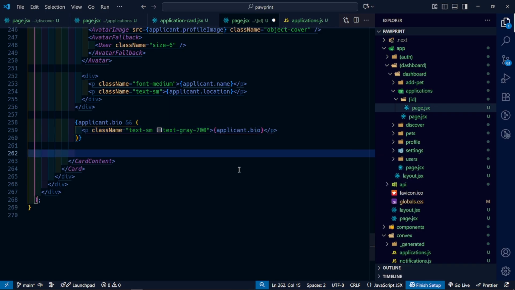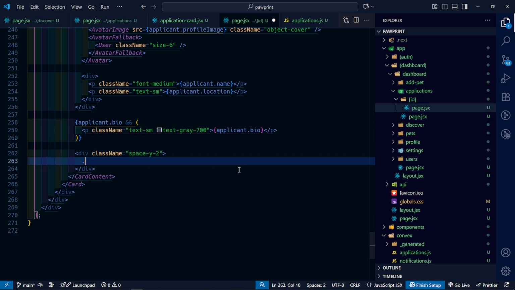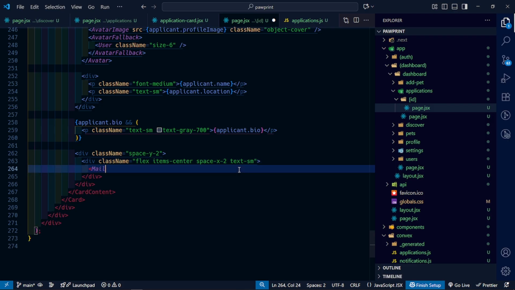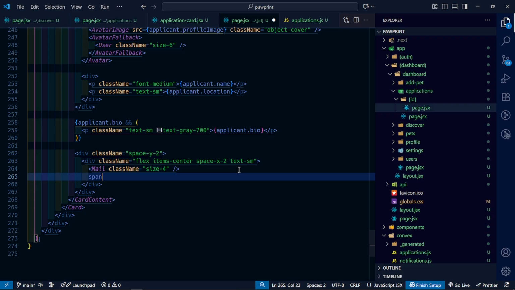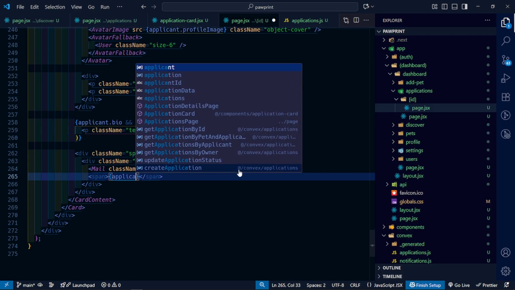And then below this, we're going to return a div with the class name of space-y-2, and then another div with the class name of flex, items-center, and then space-x-2, and then text-sm. Inside here we're going to return the Mail icon with the class name of size-4, and then the span here is going to say the applicant.email,